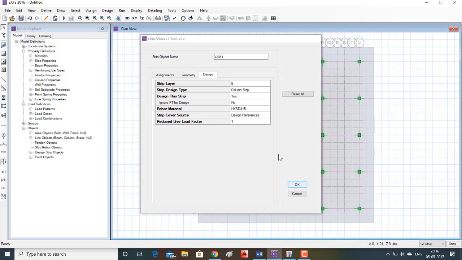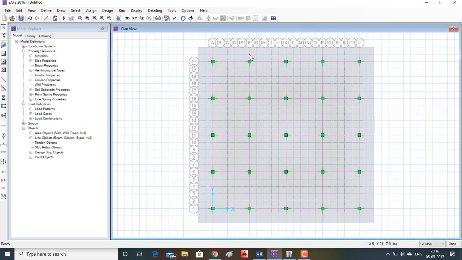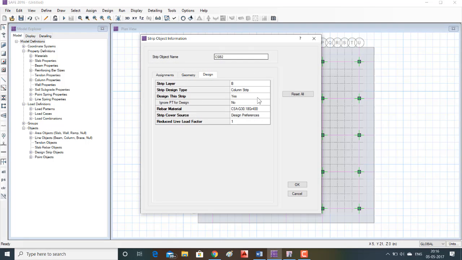Click on OK. Similarly, continue for all these strips in X and Y direction.